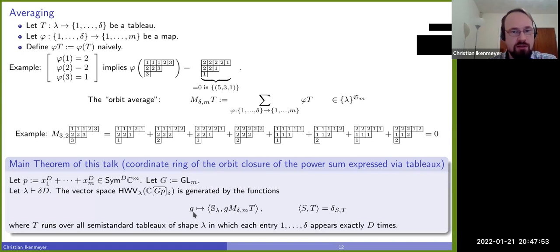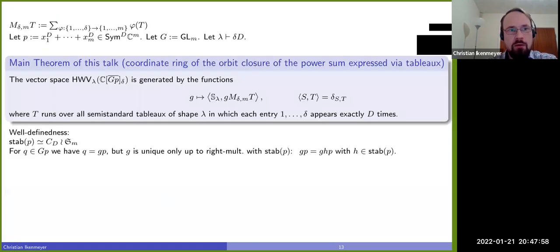So now one has to understand why is this well defined? I mean, I want this to be a function on the orbit closure. So just recall these things. For well-definedness, I have to not do very much. First of all, I don't actually have to define this on the whole orbit closure, because it's perfectly fine to define a function just on the orbit and just say that it continues to the closure by continuity, and that is perfectly legitimate. So it's well defined on the boundary, and here in this case it will be well defined on the boundary.